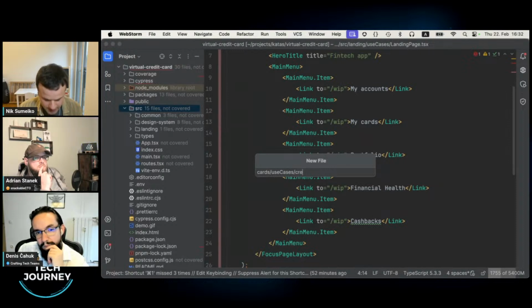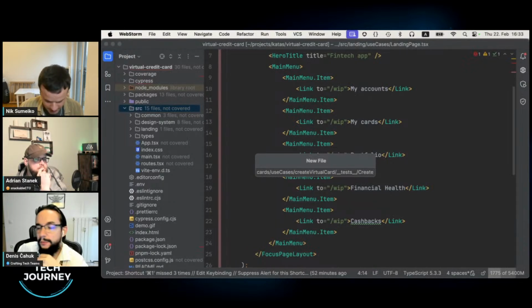Okay, and the name for a use case could be something like this. Okay, create virtual card. It's one of the user journeys. Yeah, user journeys, exactly. And under this user journey, we could, for example, create some test directory and even start writing the test up front. Very good.